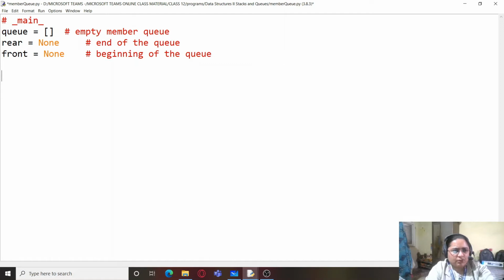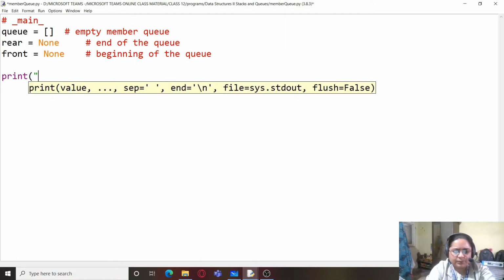So queue rear is None and front is also None, and now we will create the menu.